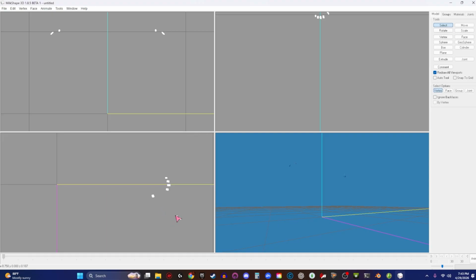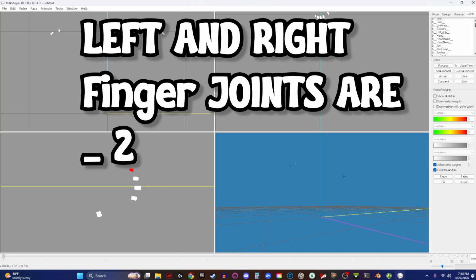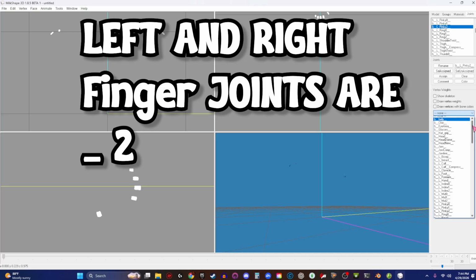And I'm just going to hold shift and use my scroll wheel to zoom in to see the right hand. And you're going to be able to select from there. Now, you're going to click and drag to bring out a box and then select one nail at a time. Then you're going to go into points, and this is the left pinky. So we're going to look for the left pinky bone. It is left_pinky 2. We're going to click it, and then we need to